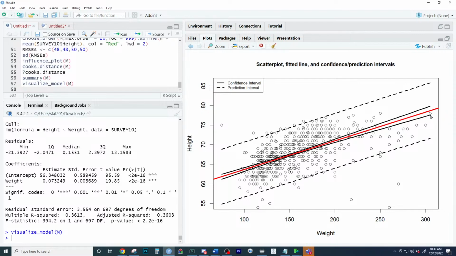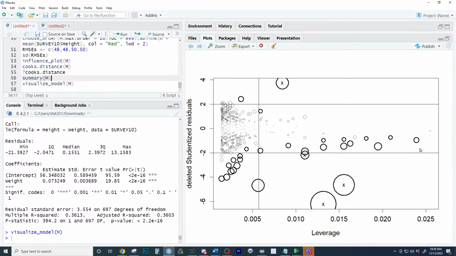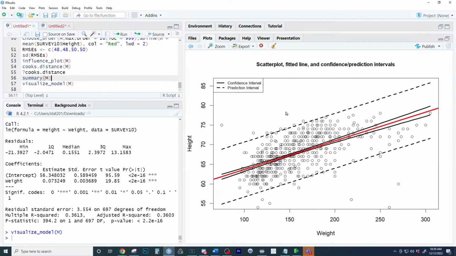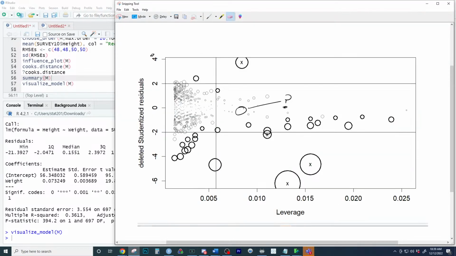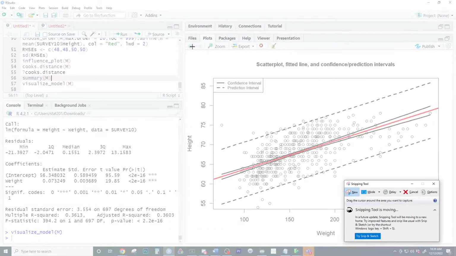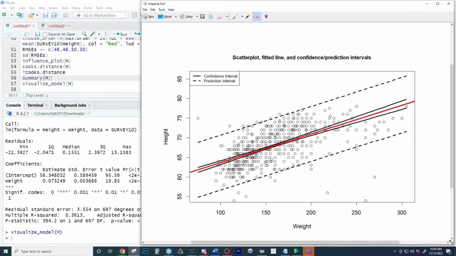How did I know that? Not just because it's on the right. You've got to watch out because points over here can flip around. This point is the furthest from the mean of the x's. So you have to watch out, because this is where leverage can be a little bit confusing. The mean of the x's, I believe, is about